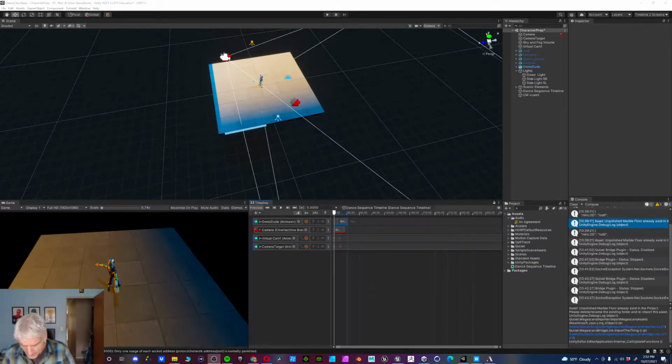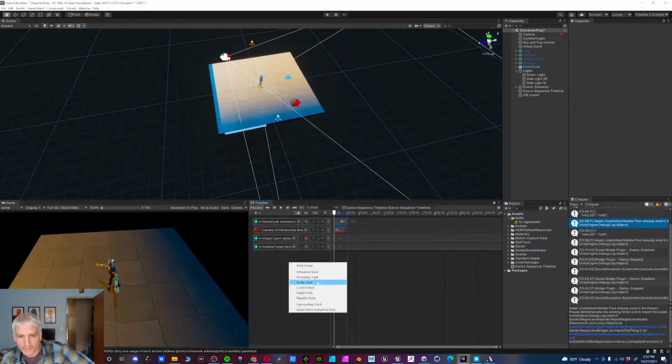Okay, one of the things that we'll have to make sure everybody does is get me a piece of music to work with. So you can bring music into Unity. The format can't just be straight out of Apple Music. It needs to be what I would call a standard audio format, so an MP3 or a WAV file or an AIF. So I've imported a simple MP3 file, and then all you have to do, and again, just